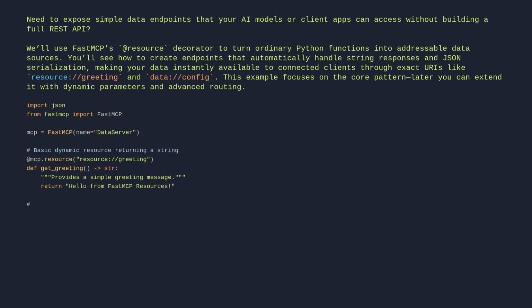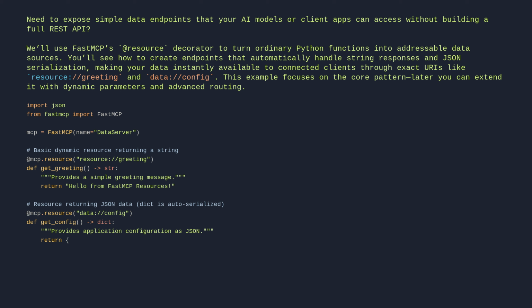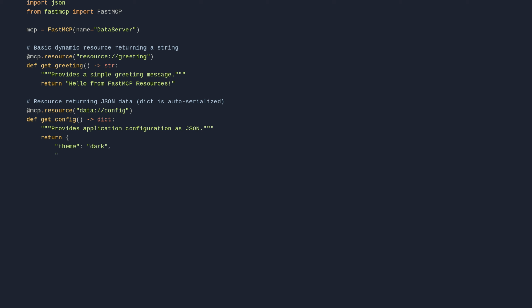# Resource returning JSON data. Dict is auto-serialized. @mcp.resource("data://config") def get_config() -> dict: "Provides application configuration as JSON." return {"theme": "dark", "version": "1.2.0", "features": ["tools", "resources"]}